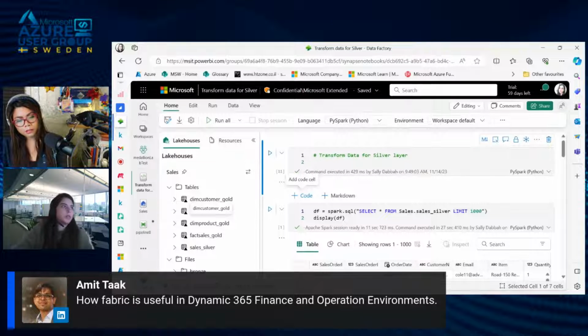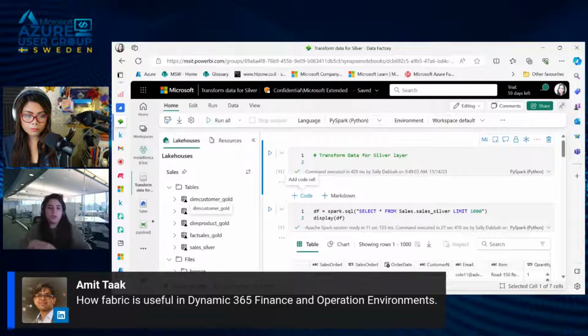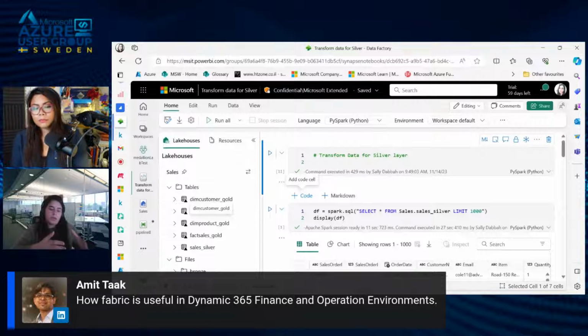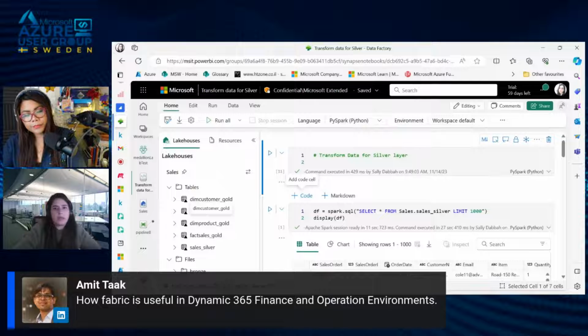Again, as I mentioned in my slides, you can do transformations, you can build dashboards, you can monitor your data in Data Activator, or you can integrate and do data engineering, ETLs, and also machine learning models and so on. So you can utilize the data to get insight from it. I think we have examples in Microsoft Learn, so I recommend you check that also. Okay. All right. Thank you.